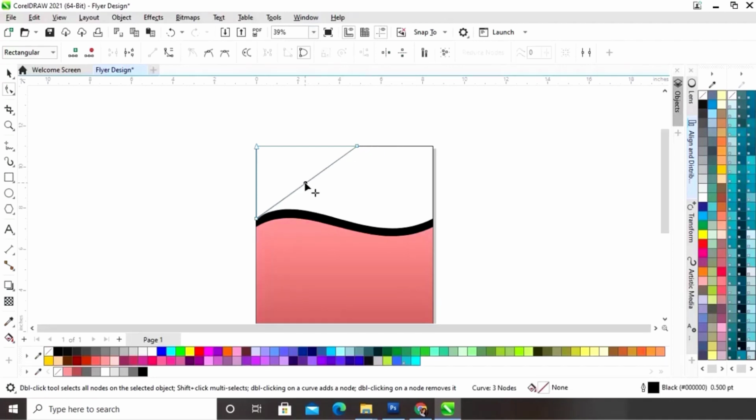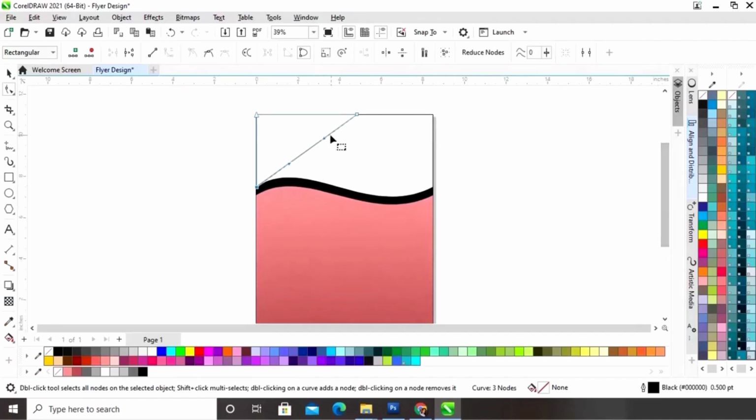Now we'll click on the line. Then we will select Convert to Curve. Now we will drag the handles. And we will make a shape like this.